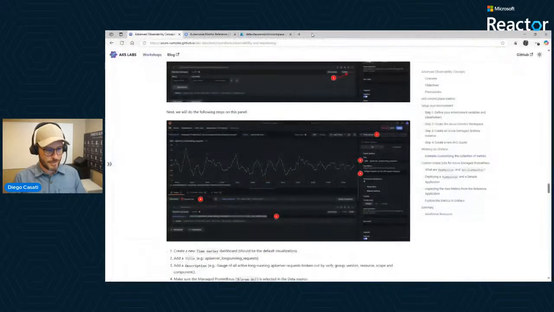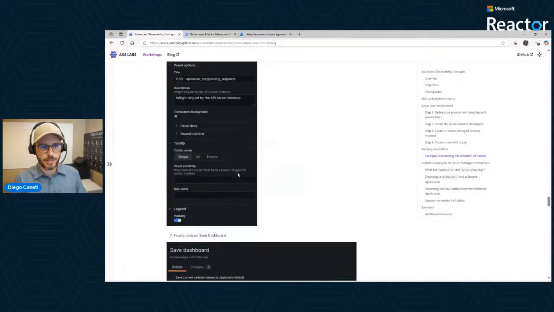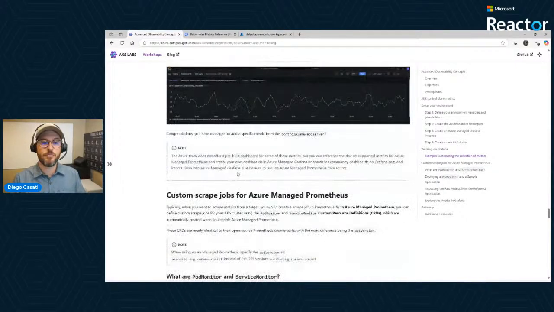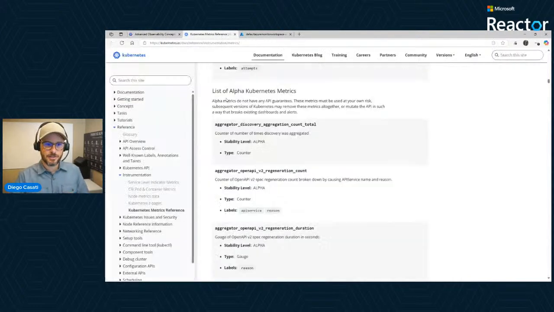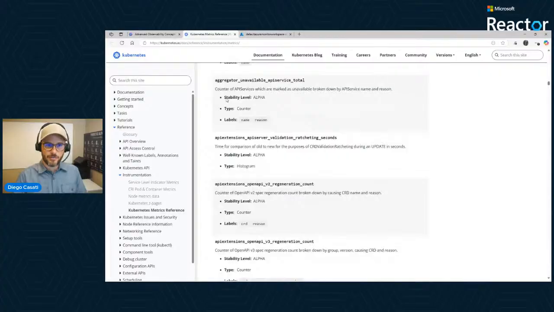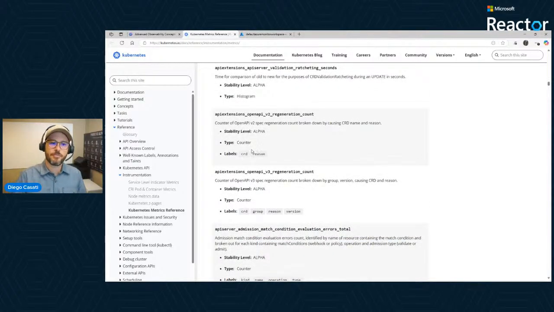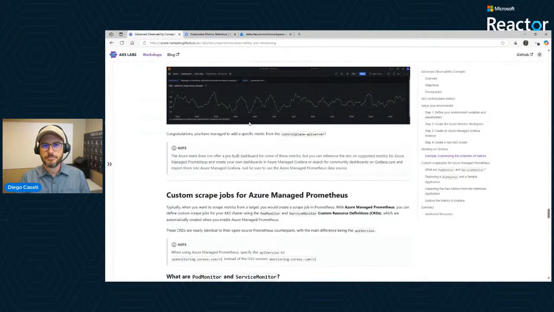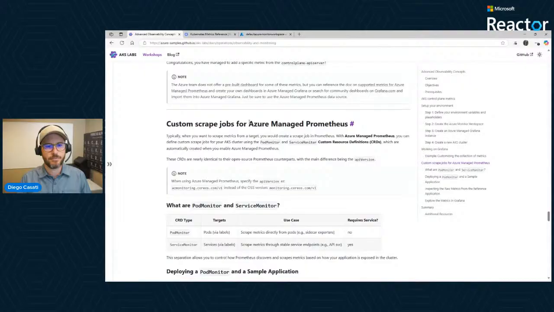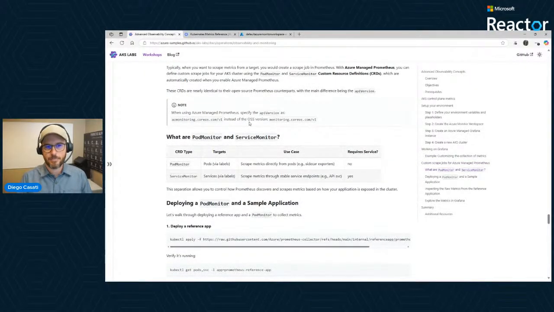Okay, with the time we have, which isn't a lot of time, I want to make sure I cover at least the last part here. So that saves and then shows you this new metric directly in Grafana, which means if you go back to this really, really long reference of metrics that Kubernetes made available for you, you can now pretty much grab one of them, put that in the config map, the one we just changed, and then have that populated back into Grafana.